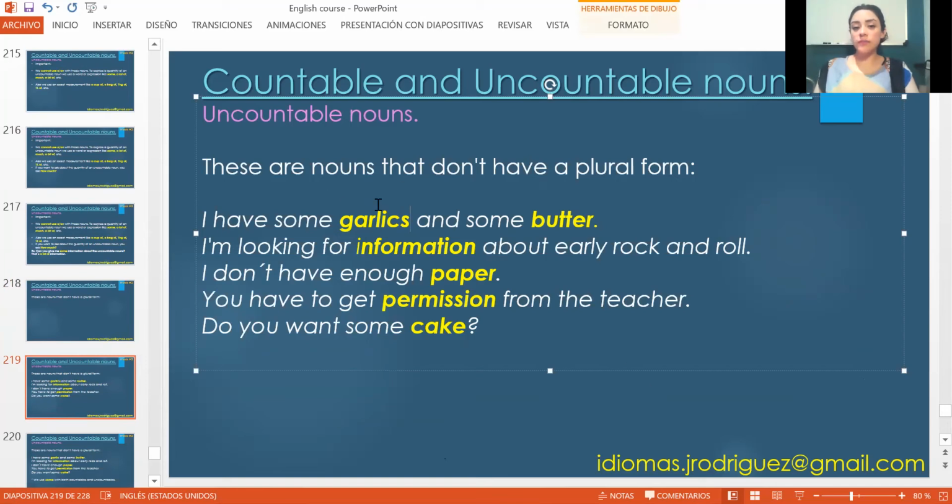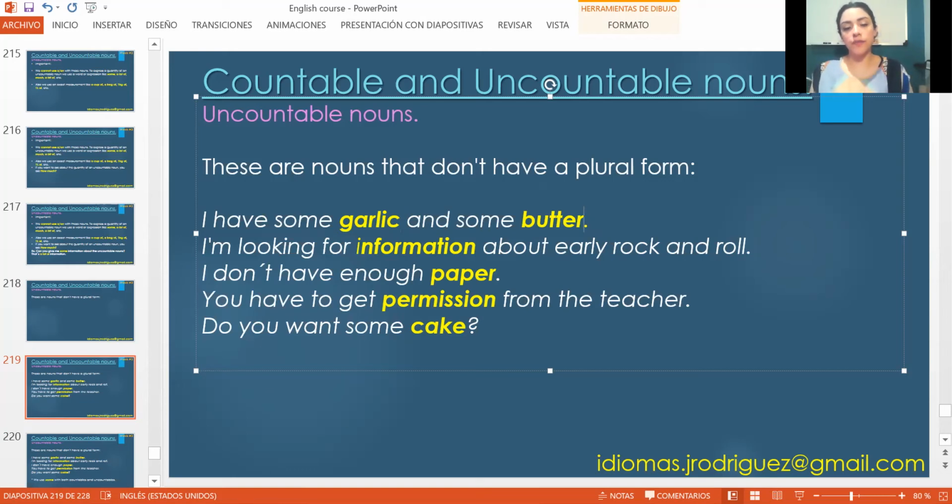Okay, ajos, well, in Spanish, we have a plural form. En español sí tenemos una forma plural para ajo, but in English we don't. So my plural is garlic. Okay, so I'll say I have some garlic and some butter. In Spanish, I guess we don't say two butters, mantequillas. Decimos barras de mantequilla, but not mantequillas. In English, it's the same. We will say butter, not butters.